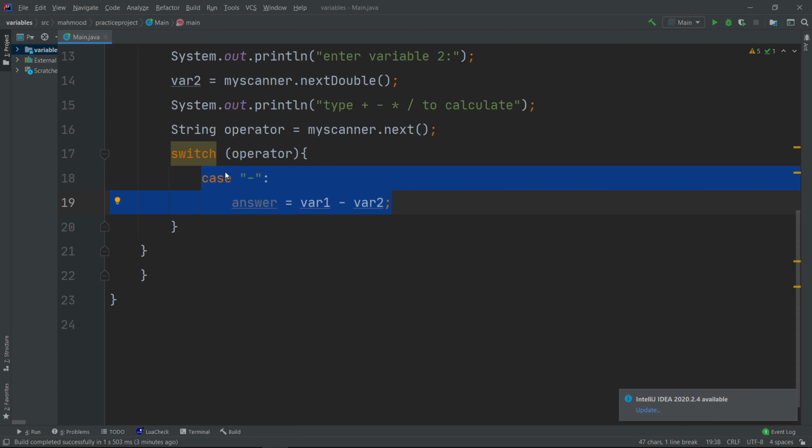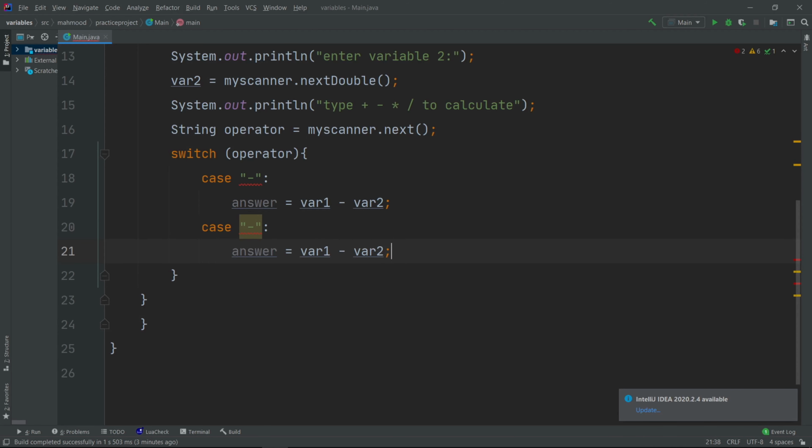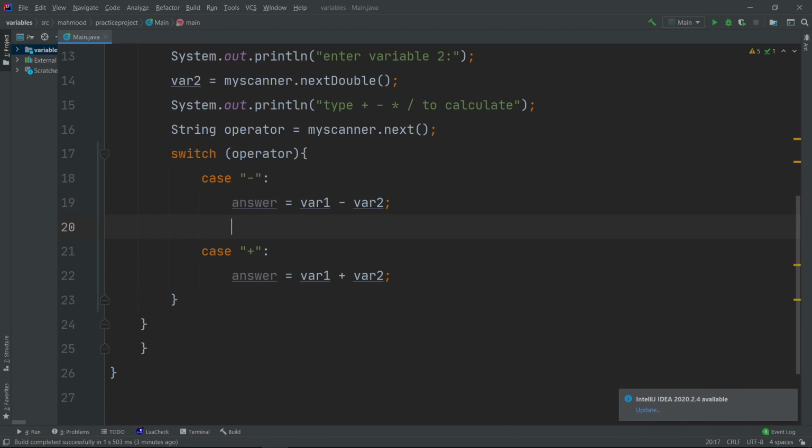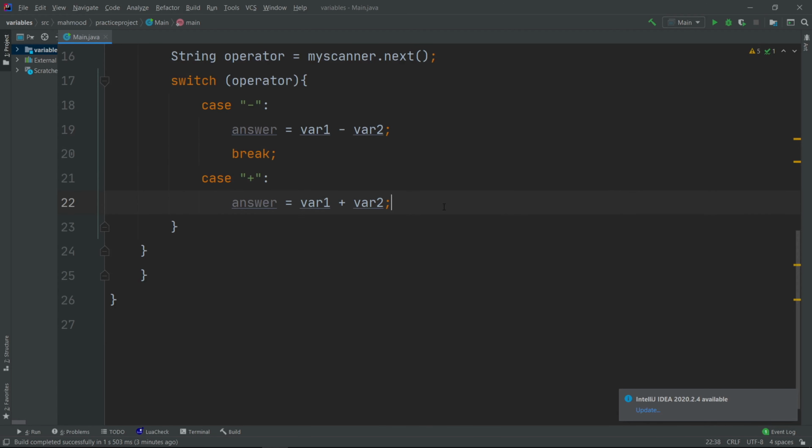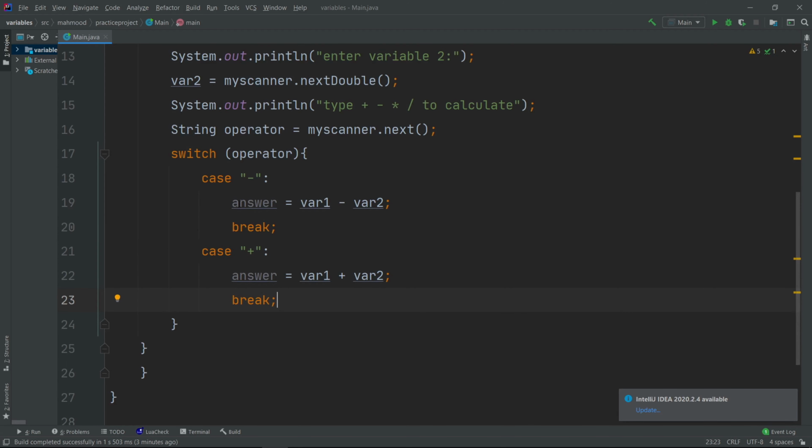So we can just copy this code again and again, and then we are gonna make the plus sign, sorry, okay, so plus sign, we are gonna add these variables to each other, and don't forget to add the break statement, and we'll add the break statement again, break, okay? So we get the answer, we break, get the answer, we break,